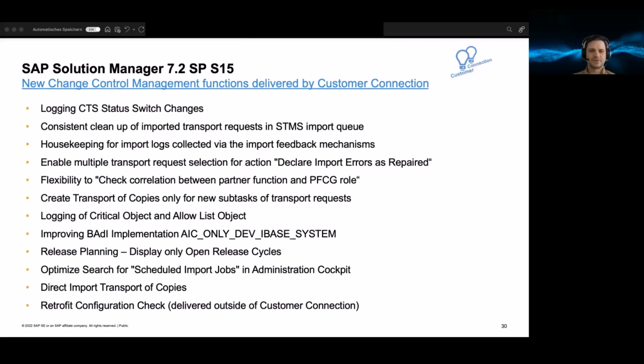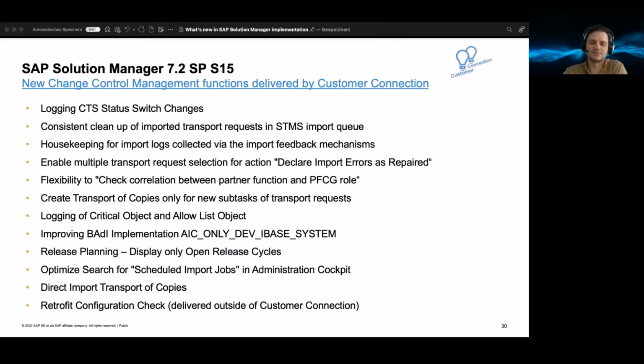Quite a while ago, with Solution Manager 7.2 SP5, we introduced that the import from STMS is no longer happening via the import project all, but on a different strategy, which means the transport request was only marked as completed in the productive system and was never deleted from the import queue